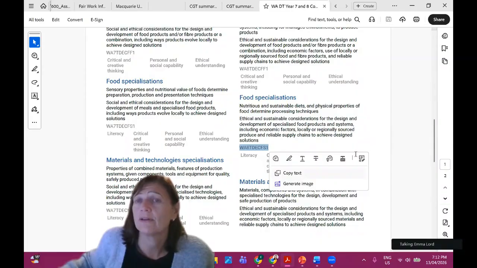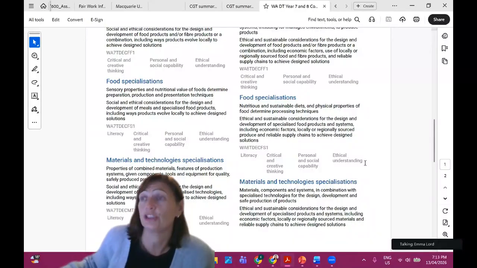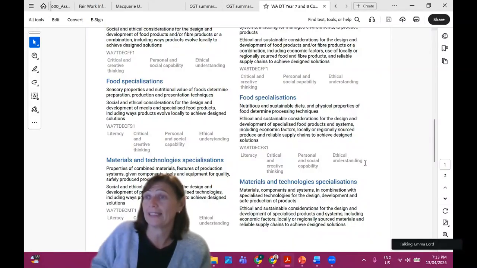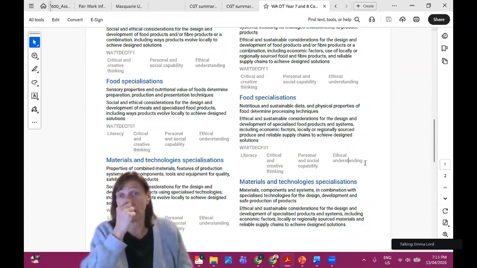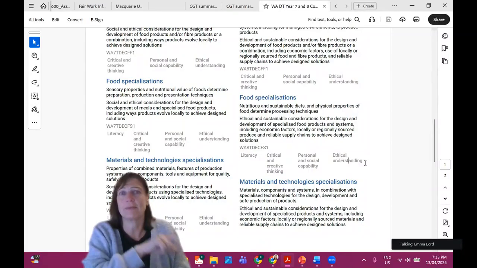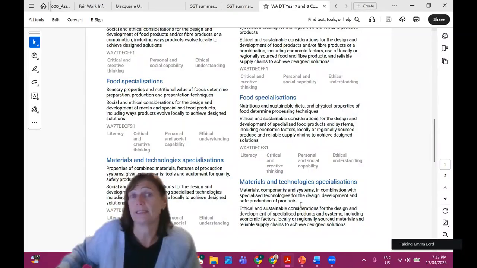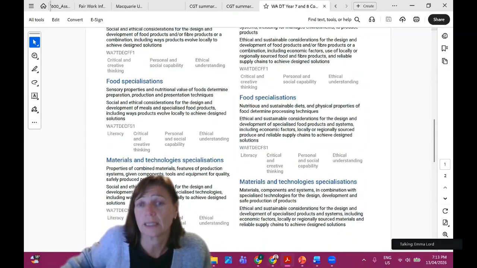Now it already tells you where some links are, and this is going to be good for your planning document, because in your planning document, you need to show the cross-curricular priorities and the general capabilities. These are the general capabilities. Yeah. So they have them like this. Now in the,